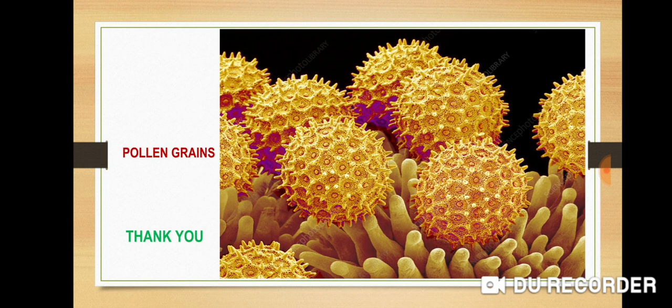Then we know about the functions of the tapetum. Tapetum is the innermost layer in the anther wall. It attains the maximum development at the tetrad stage of microsporogenesis. The first major function is nutritive tissue and serves for the nutrition. These are the basic functions of the tapetum.